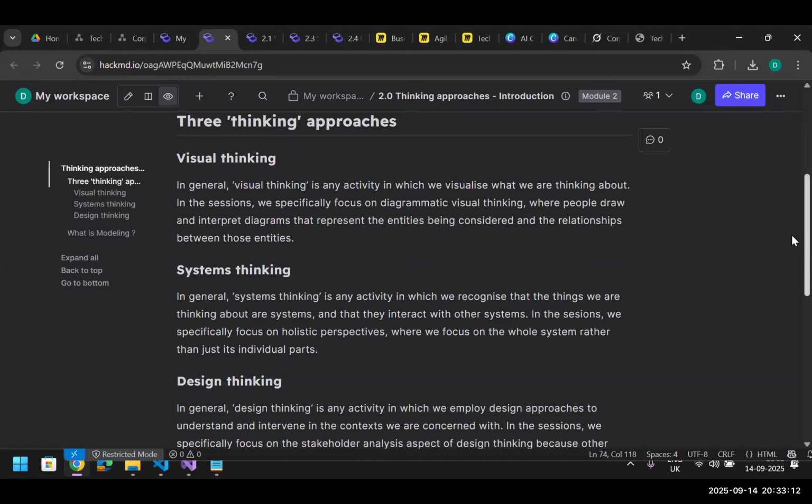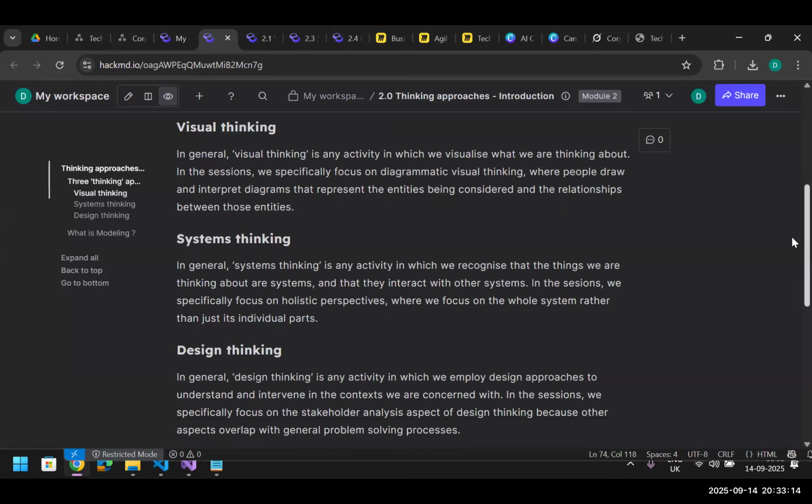What is systems thinking? How do we solve problems? Always, analysis means what? Breaking down the whole into small parts, or we synthesize the small parts into a whole, right? This is either synthesis or analysis. Analysis is all about that. In general, systems thinking is any activity which recognizes that we are thinking about systems as a